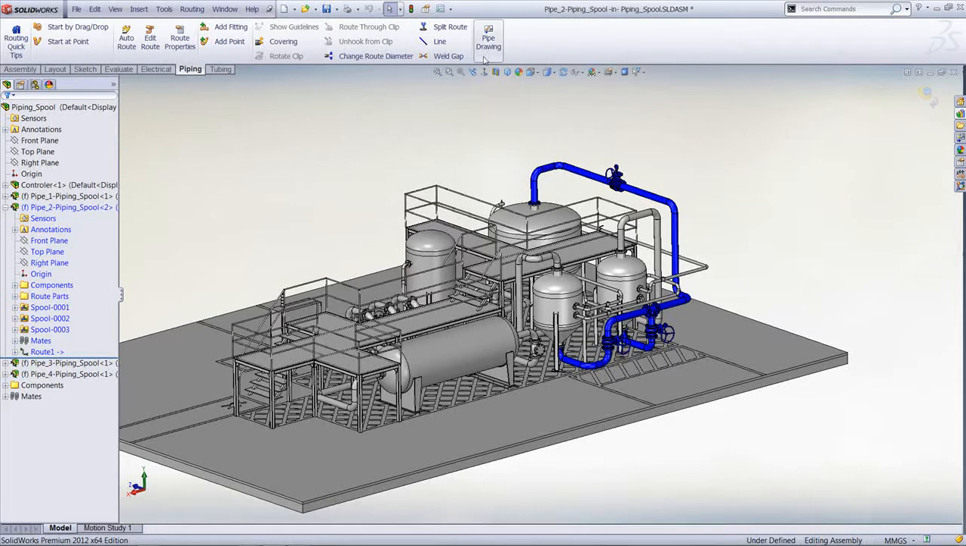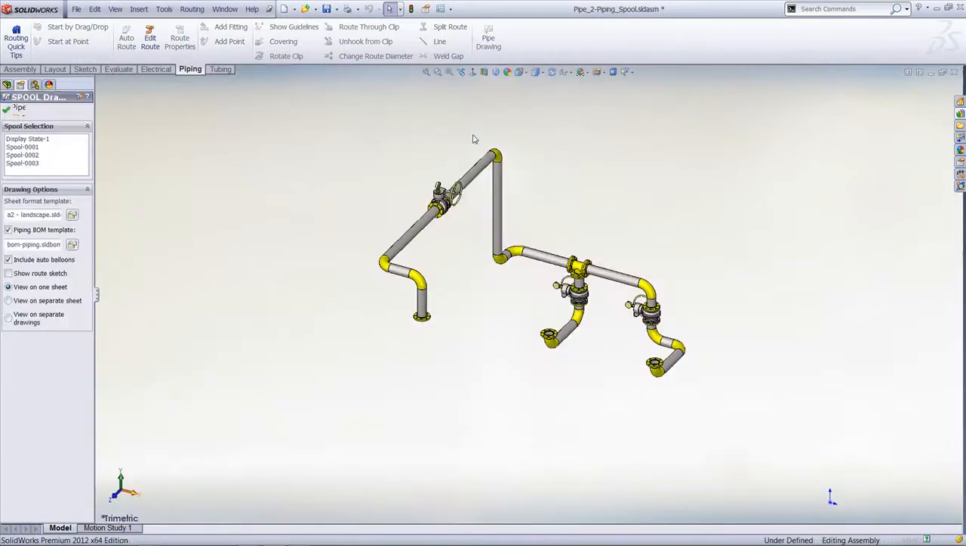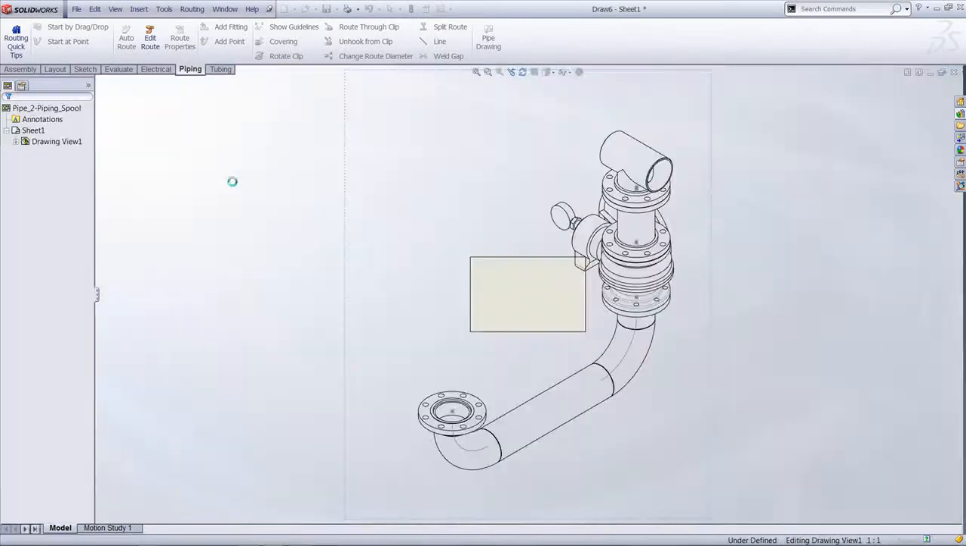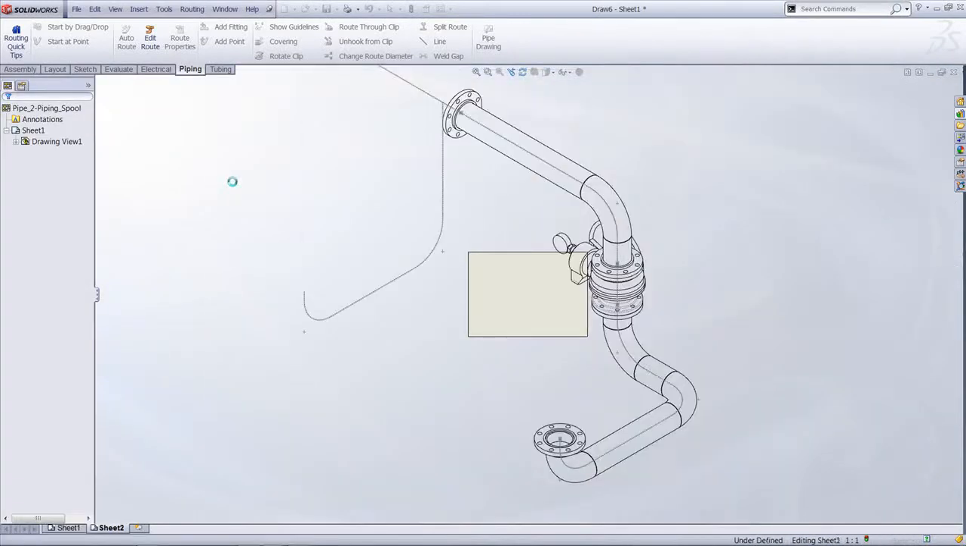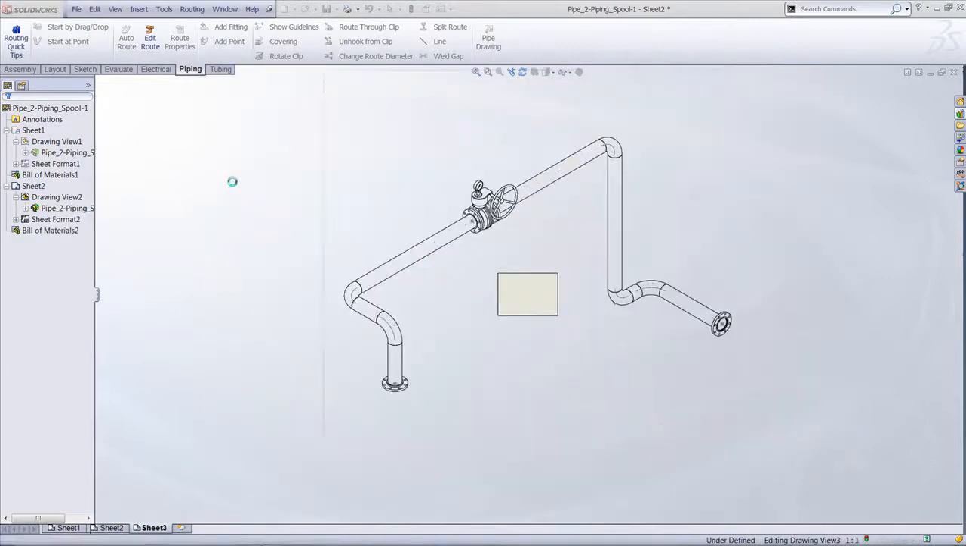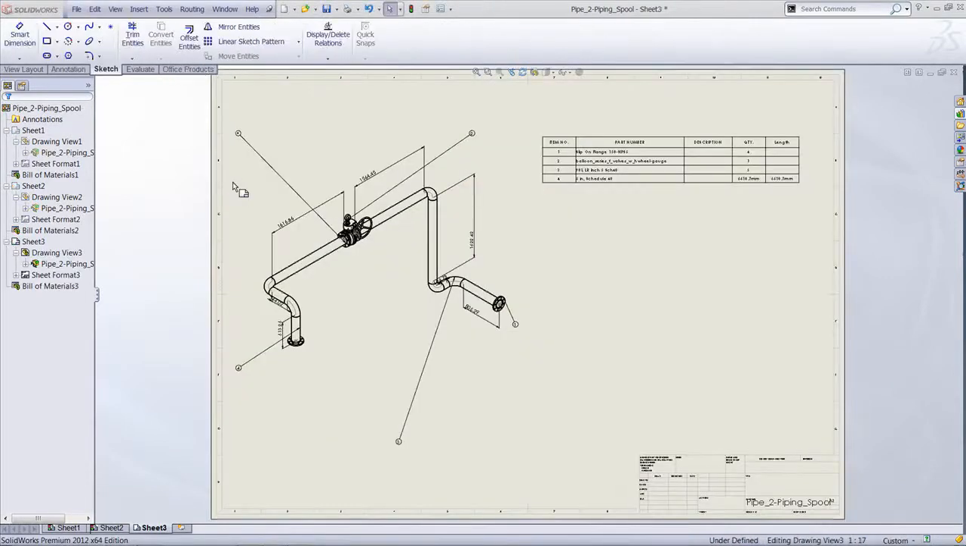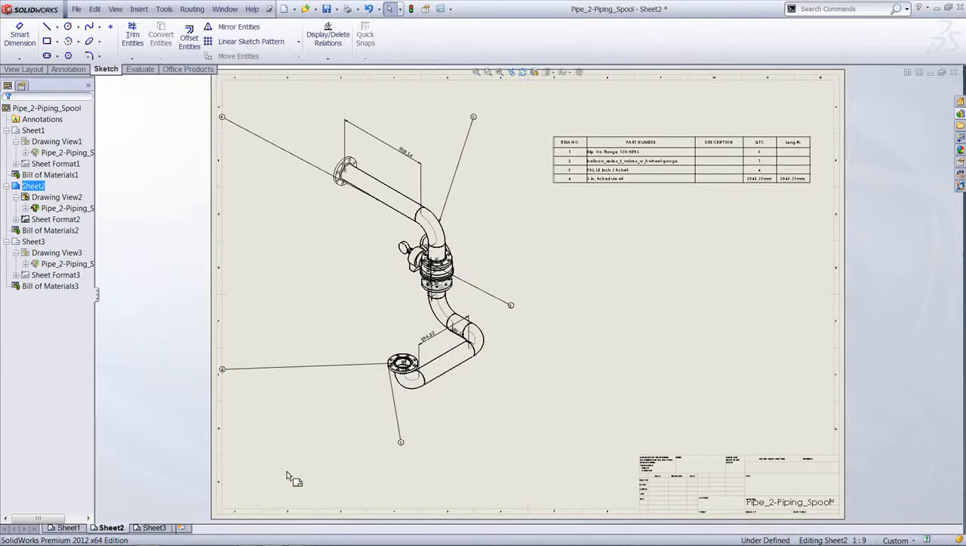To create our drawings, all we need to do is go to the pipe drawing, choose the template that we require, our piping BOM template, and in this case we're going to choose the 3 spools, and we'll view each of these on a separate sheet. So we'll just click to accept that, and the automation tools of the spools are automatically enabled to create our drawing with 3 separate sheets on, which will cut down dramatically on the time consumed